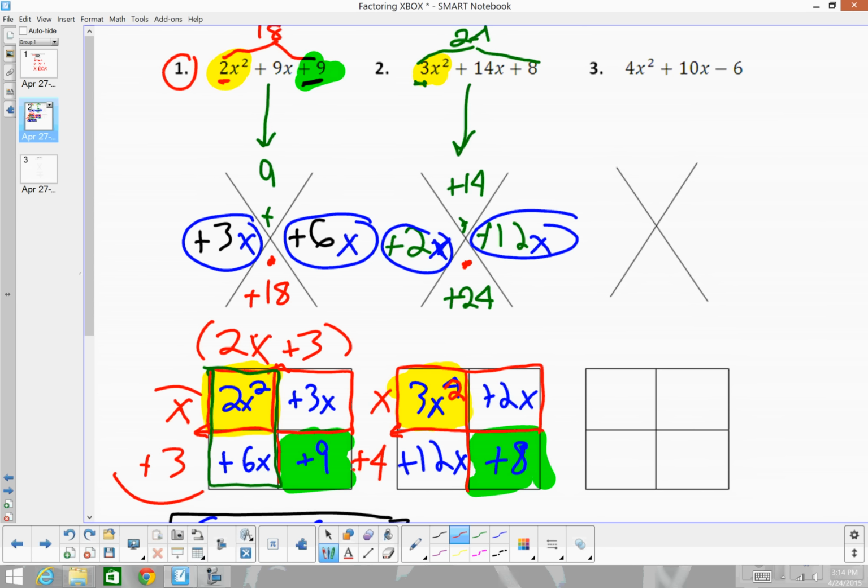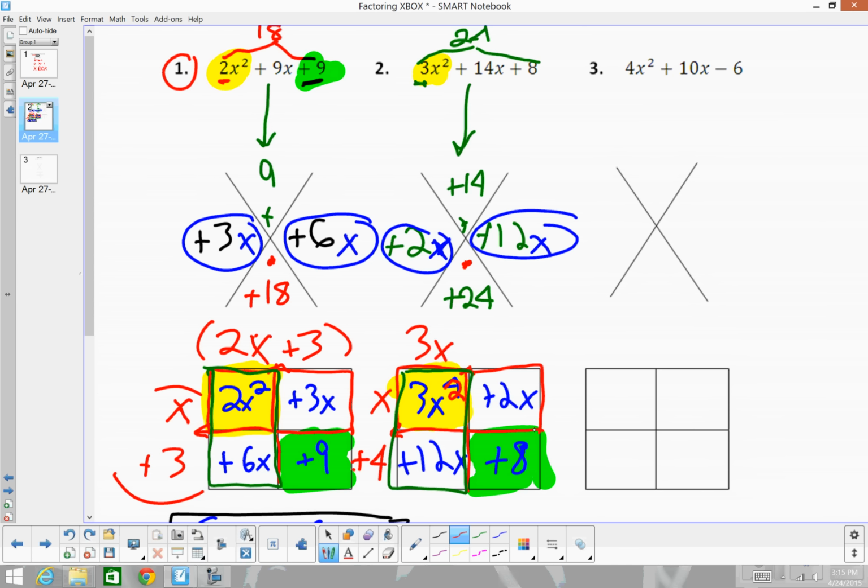Awesome. Now let's go vertically. Use green here. So look at these two boxes right there. So if I have 3x squared plus 12x, what's my greatest common factor? Let's look at the numbers first. 3 and 12. My greatest common factor is what? 3, right? You divide 3 and 12 by 3. Remember, when you take out the greatest common factor, you cannot take out anything larger than the smallest number. So you can't take anything larger than 3, because that's all you have there. Okay, good. Now let's look at x squared and x. X squared there, and x, I share an x. Awesome. Okay,